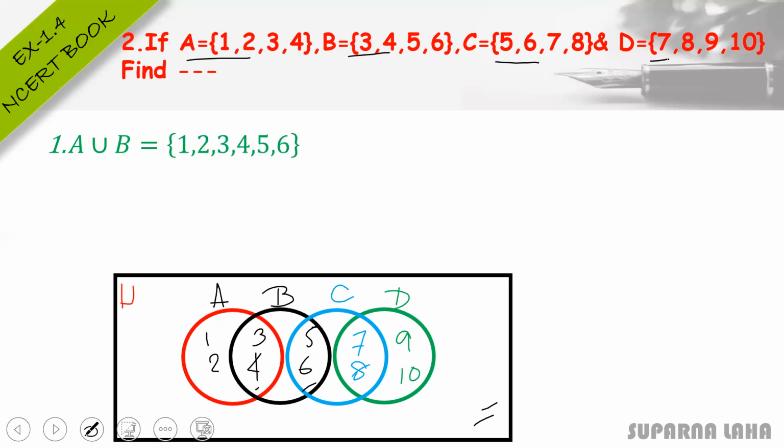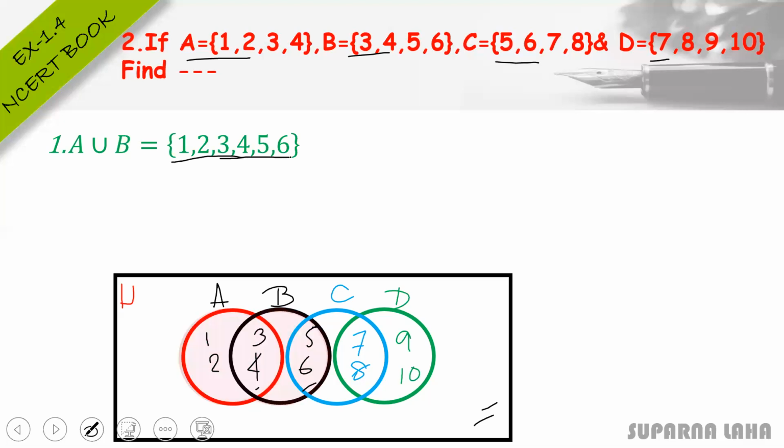So mathematically you know what to write. A union B is all the elements present in A or B, that is 1, 2, 3, 4, the elements of A, write them down, and the elements of B are 3, 4, 5, 6. So 3, 4 we will not repeat again since 3, 4 is already present here. So 5, 6, the elements of B. Now its Venn diagram representation looks like that. The colored portion is A union B, that is 1, 2, 3, 4, 5, 6. Look at the elements, that is 1, 2, 3, 4 and 5, 6.